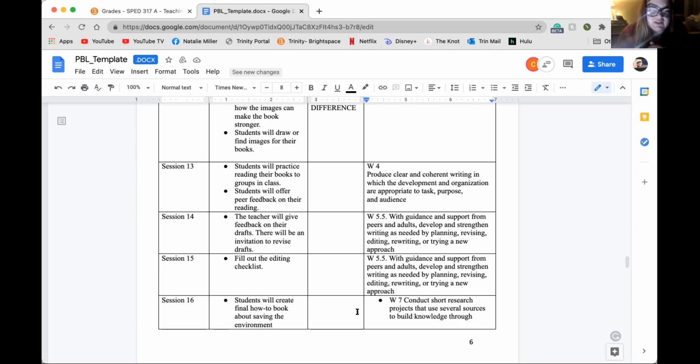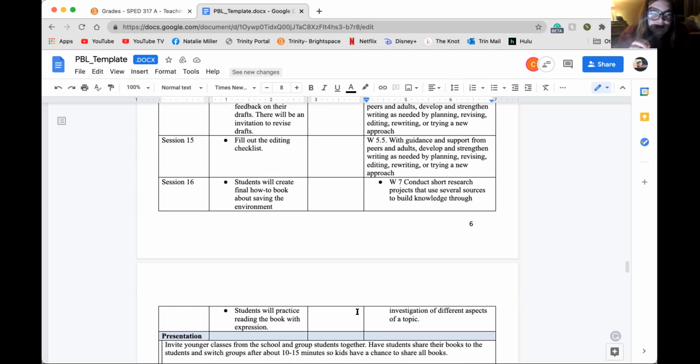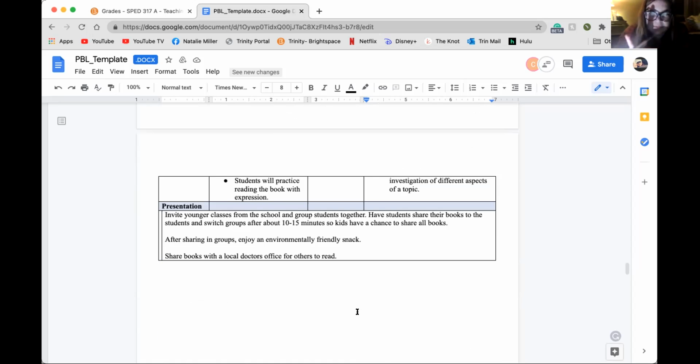For session 16, the last one, students will create a final how-to book about the environment. They will also practice reading the book with expression. They will conduct a short research project that will use several sources to build knowledge through the investigation of different aspects or topics. As for the presentation,